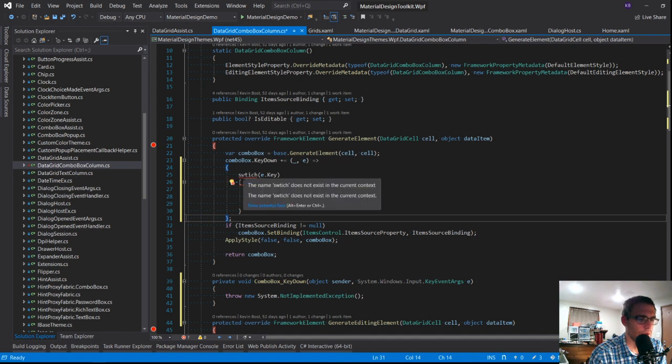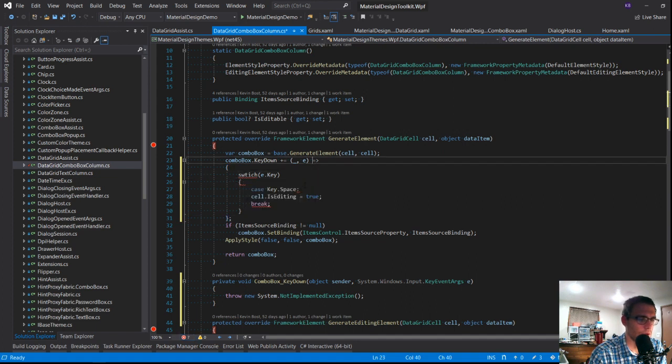Let's see, what do you... Switch does not exist in the current context. What did I do wrong? So, plus equal lambda... Stupid somewhere. Oh. There we go. So, fix the switch.